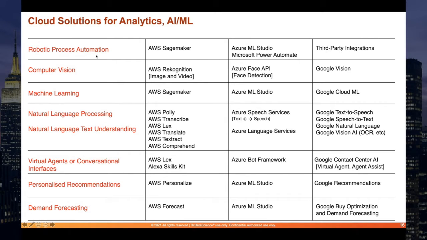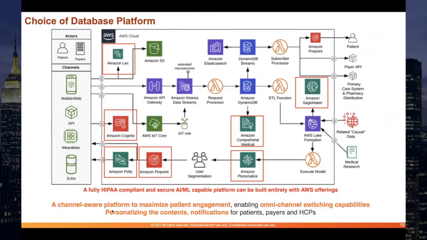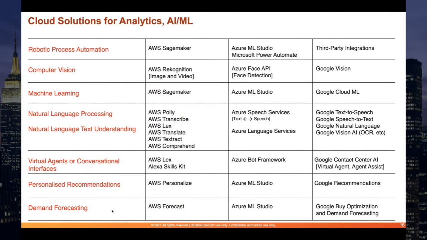You might have heard a lot about AI automation these days: computer vision, machine learning, NLP, virtual agents, recommendations, and demand forecasting. So in essence, you could be building some of these really complex architectures just with off-the-shelf